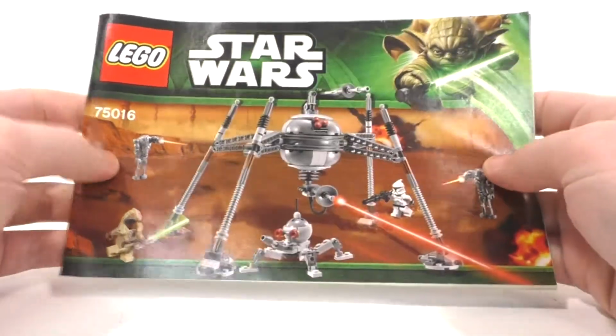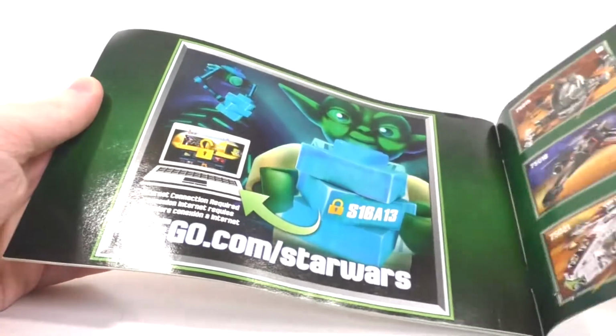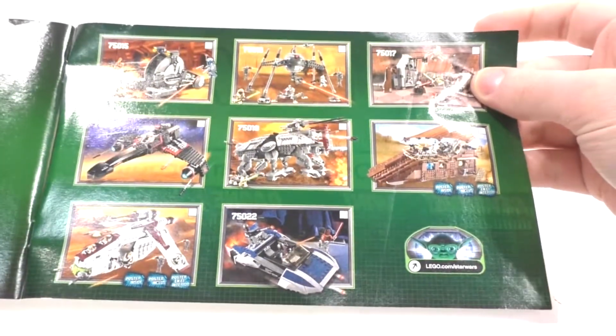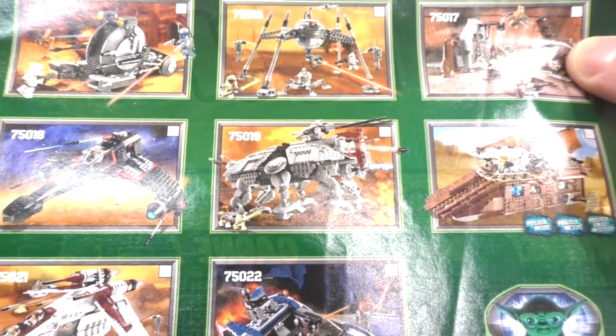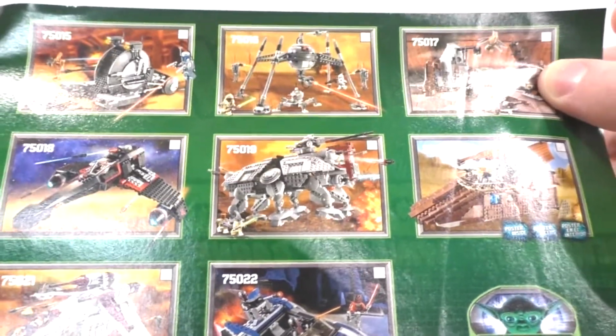Looking at the instructions, we pretty much mimic the front of the box. The very back features the Wii kid for the time period. You can flip right open to some advertisements for the Summer Wave right here, which I do own all of the sets for, especially this one, which I got at a yard sale like 2 or 3 years ago. I just gotta buy the remaining parts that I'm missing for it,